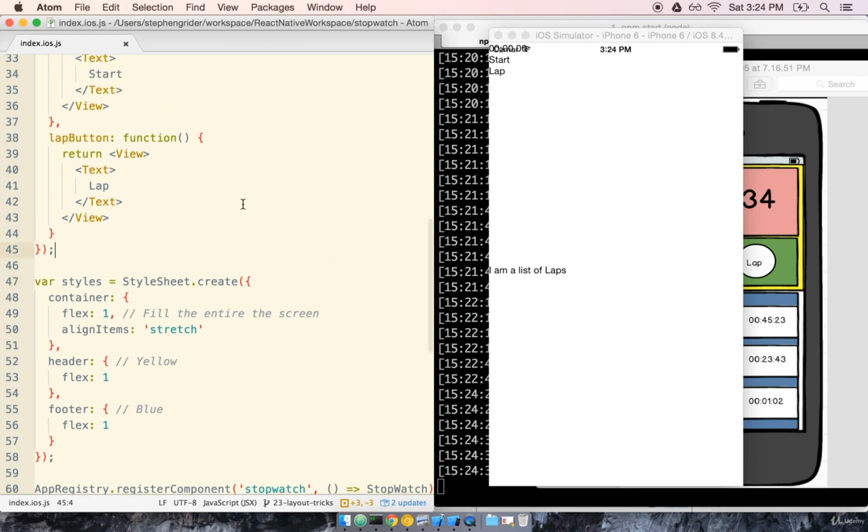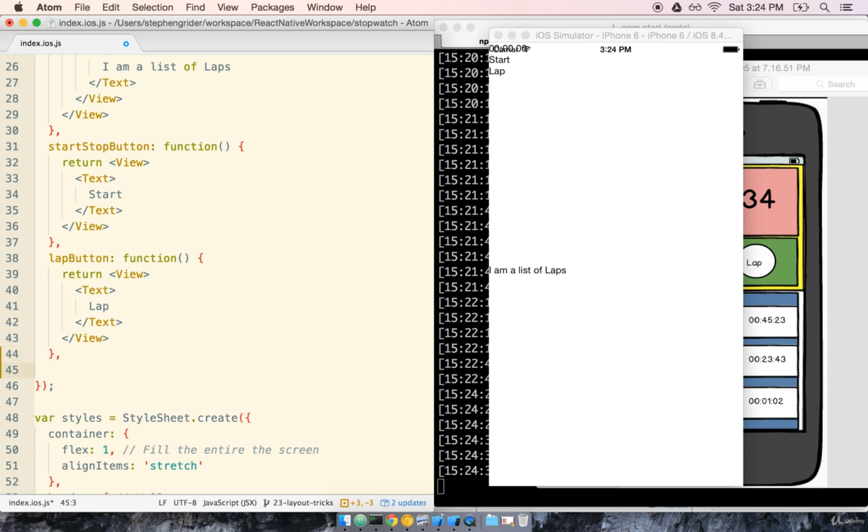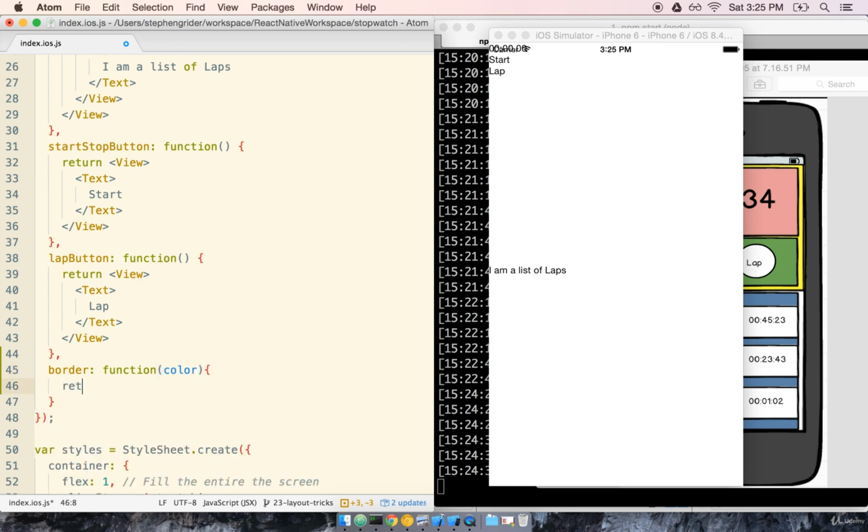I want to start by showing you a little trick that I find extremely helpful for laying out Flexbox items. We're going to add another helper function in here. So we'll call it border. This function will take a single argument called color, and it's going to return an object. This object will have two properties, borderColor, which will be equal to color, and borderWidth will be equal